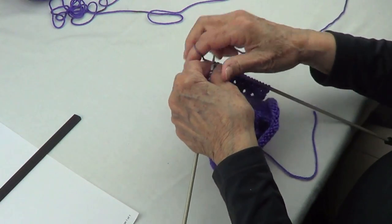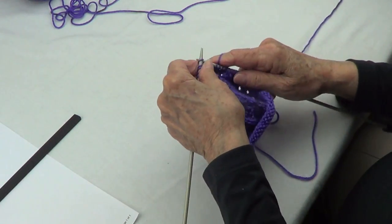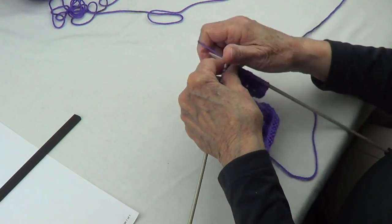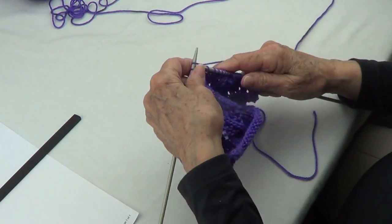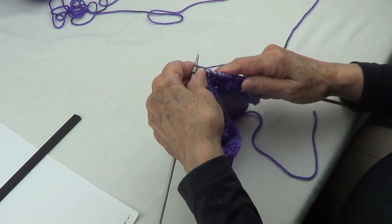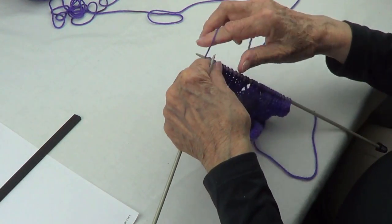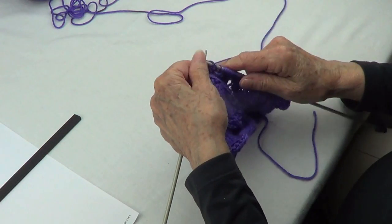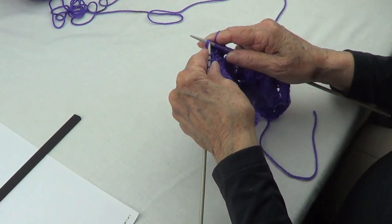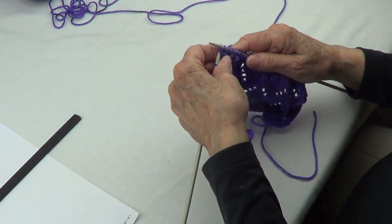I knit 11, 1, 2, 3, 4, 5, 6, 7, 8, 9, 10, 11, yarn over, purl 1, do my double decrease, pass 2, knit that one, and those two go over,